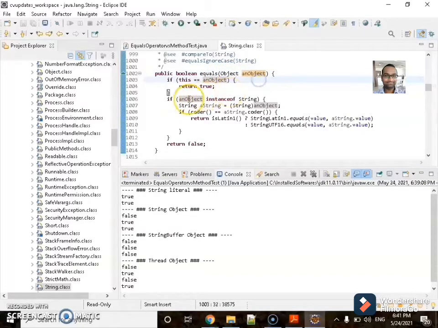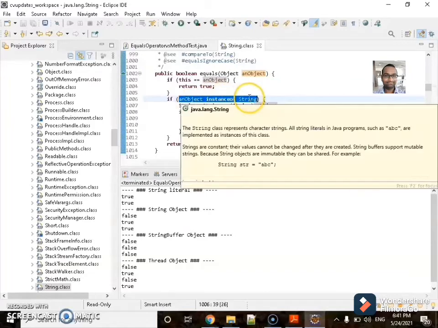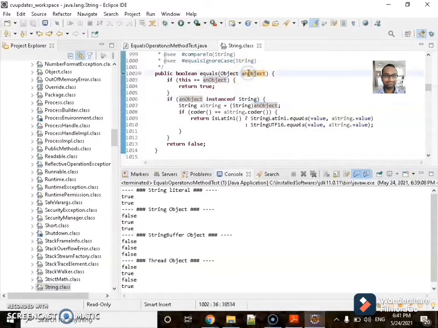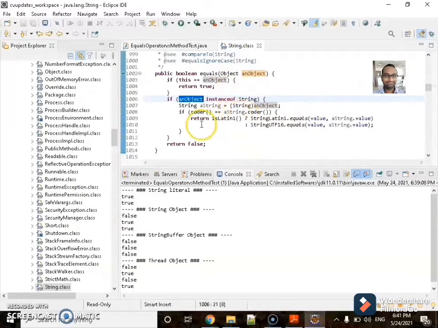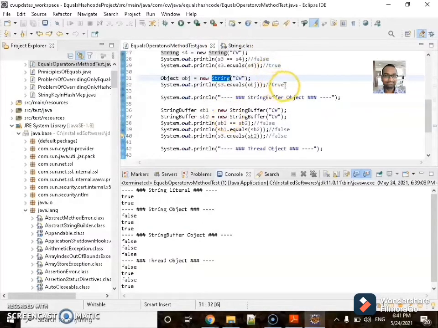Whenever you see this line, the object is an instance of string. So here we are passing the object, but internally it is a string object. By default, though I am passing the object, internally it is a string object. That is the reason it is going inside and giving true here.